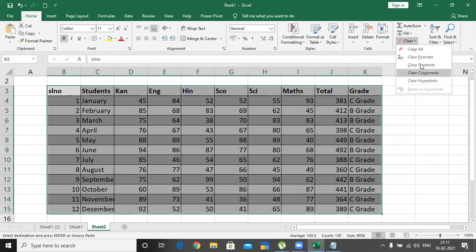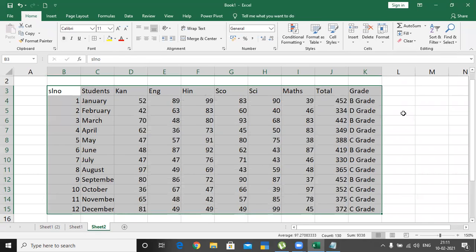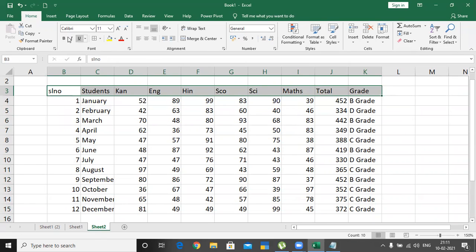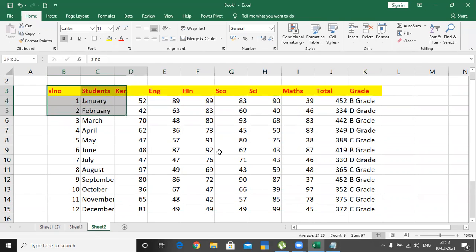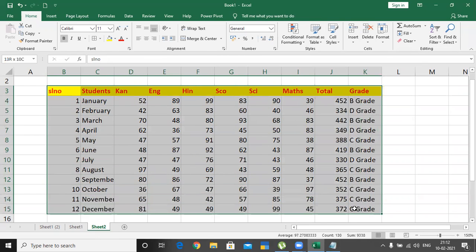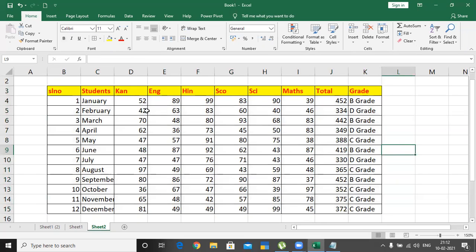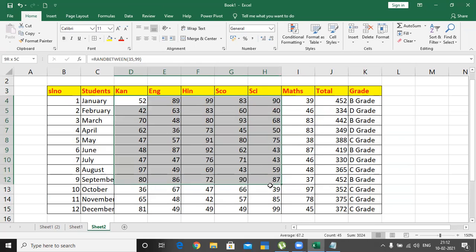Click here and say clear format. So it's converted. So select this area, then make this bold, apply as you wanted, then apply this border.